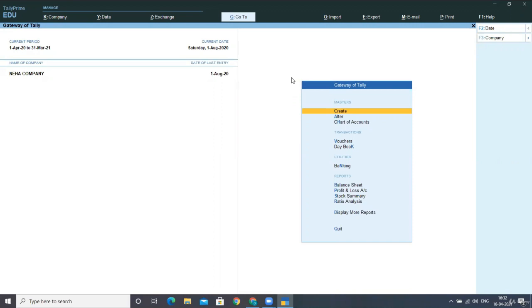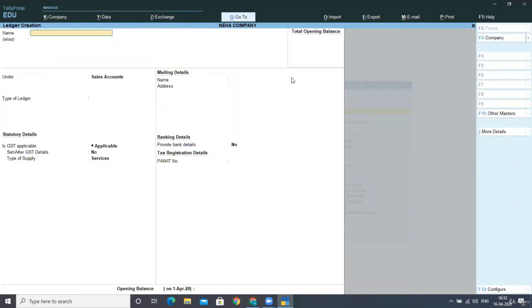So now here we look at what happens if any item is taxable, and we make a sale to a person who is outside India, that will be exempted from tax. In this lecture we'll see how it affects our GST reports and how we can post the entries of those types. So first of all, we'll create a ledger of sales export